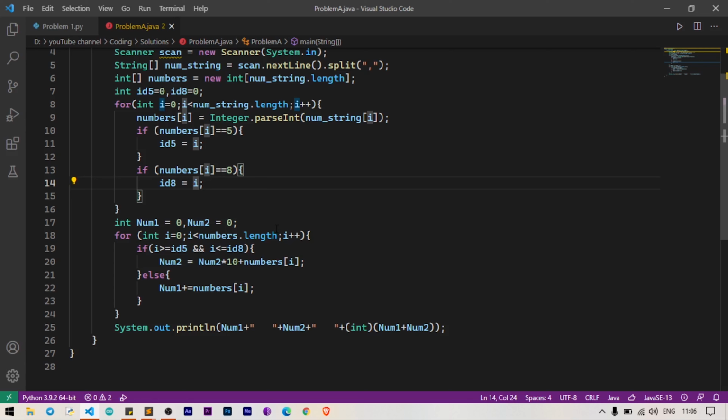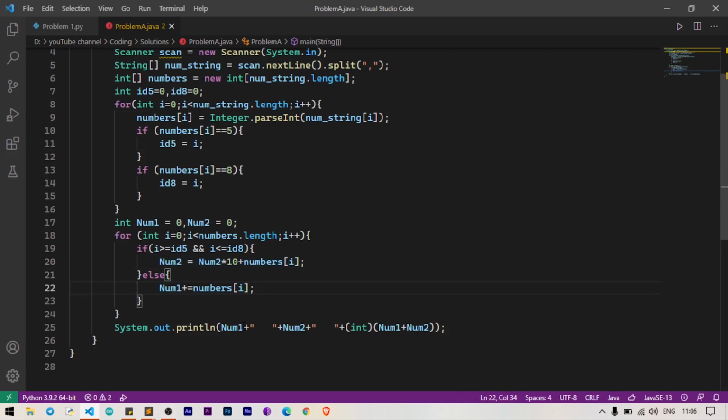So num1 is simply adding all the elements other than the numbers between 5 and 8, and concatenating between 5 and 8 will result in num2, right? So we are iterating from 0 to numbers.length, and whenever the i value is between id5 and id8, we are going to just concatenate using this expression. Whenever this condition is not satisfied, which means the numbers which are outside these two limits 5 and 8 will be just added to num1.